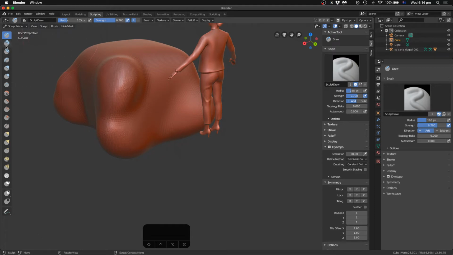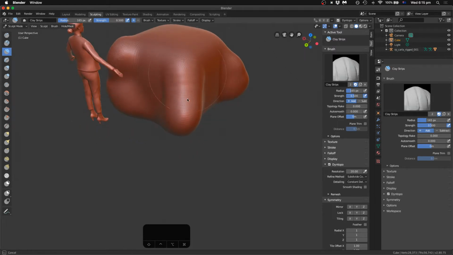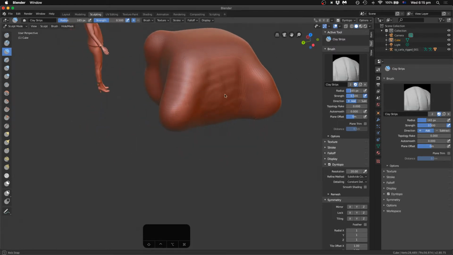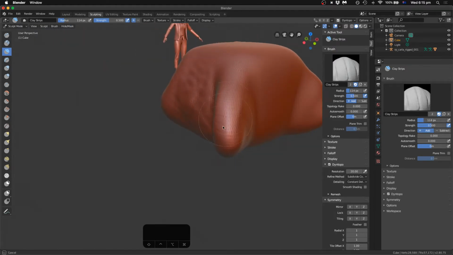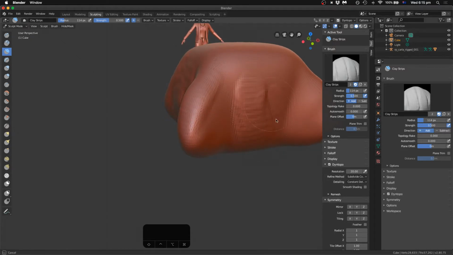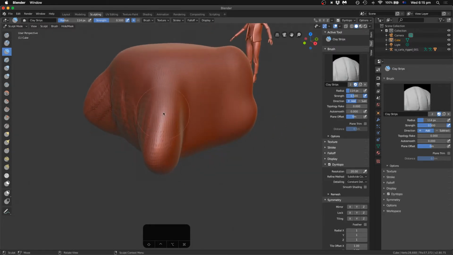So let's have a look at this is a nice one, clay strips. If we add clay strips, it's very much a sculptural thing. You can see that it's adding, if I make it smaller it might be easier to see, it's adding these sort of layers of mesh as if you were a sculptor adding on pieces of clay. So we could sculpt our form this way, and